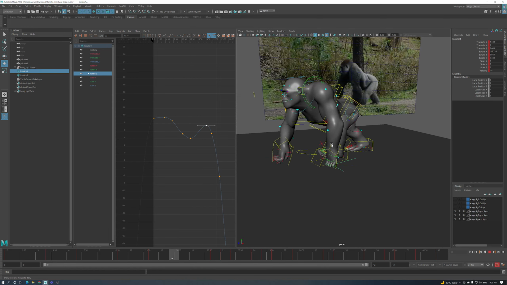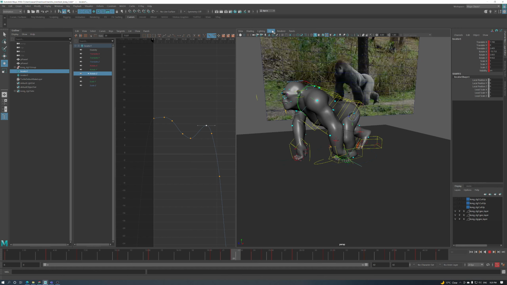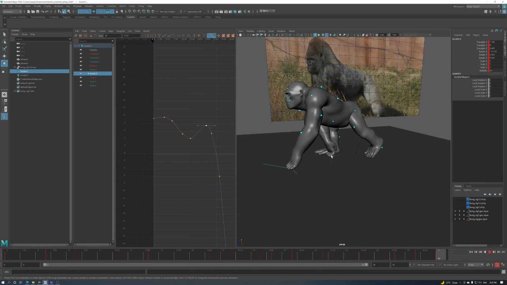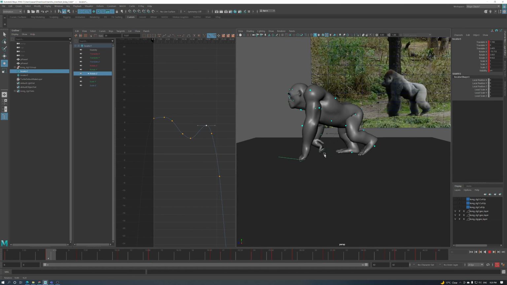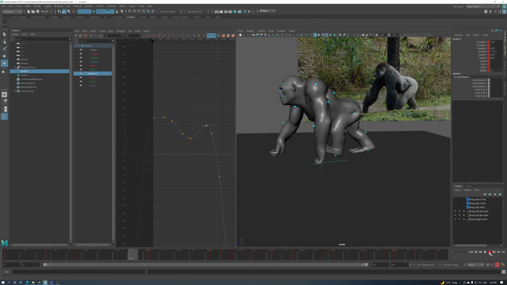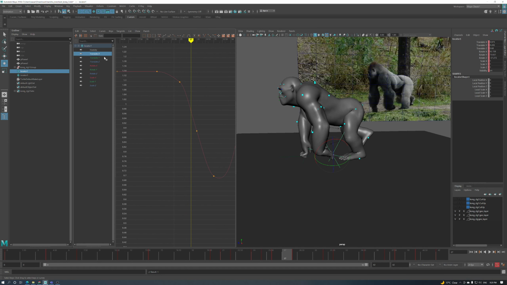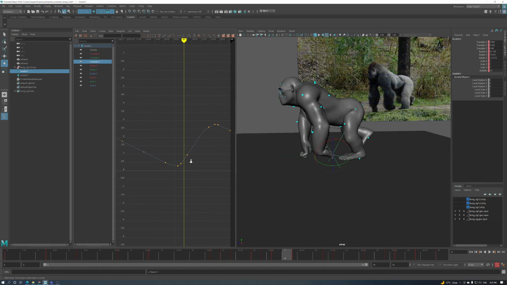Looks like it's working. Turn it off. Maybe we can try to slow down the translation X slightly. It might look better. For translation Z,